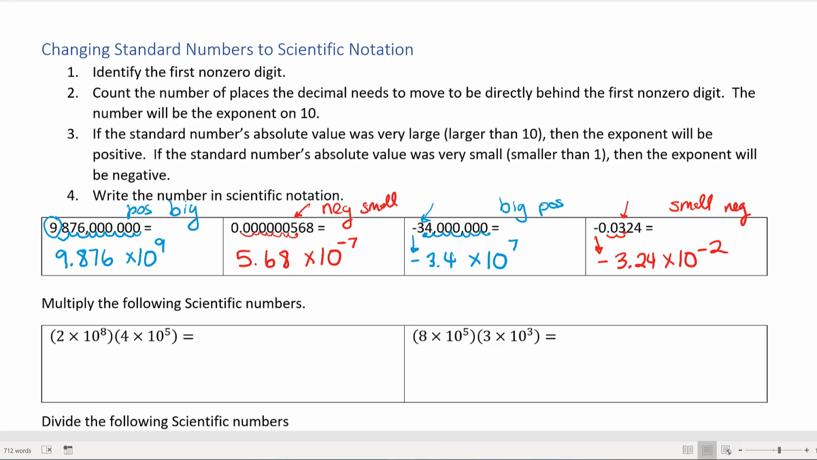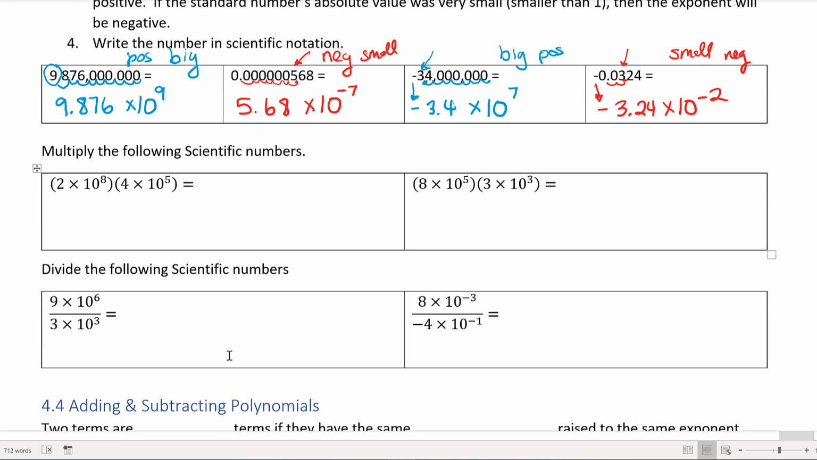So our next steps are to try to figure out how to multiply scientific numbers. So to multiply scientific numbers and keep them in scientific notation, you're going to simply multiply the number in front. So 2 times 4 is 8